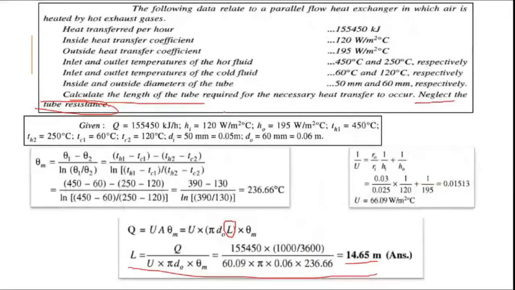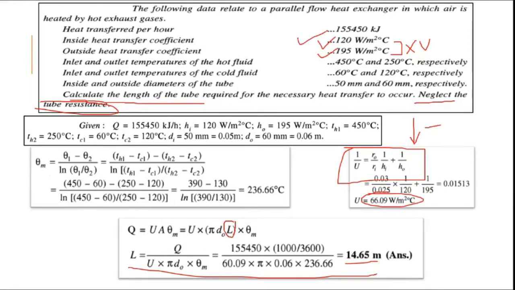First thing, this numerical was on the basis of LMTD, and it was given to you because I wanted to teach you how to find the overall heat transfer coefficient. You had to learn how to find it. It is not necessary that if some H value is given, any one of them will be the overall heat transfer coefficient for you. This is not the U value. U is equal to 66.09, which is not even close to these values. So if you use these values directly in the relation, your solution will be wrong.